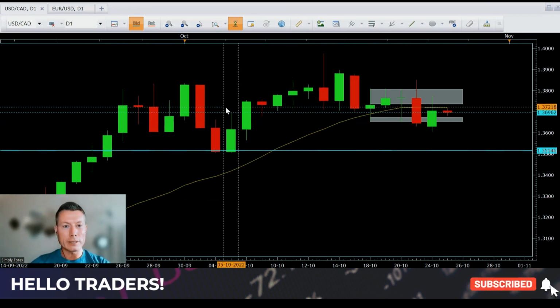Guys, the markets, you can still smell the volatility in the air. I'm sure you can as well. You can feel it. There's still so much indecision in the markets. Is the dollar strength turning around? What will the yen do? Will there be more government intervention? Are the indices coming up to a level where we can short them again? There are many questions in the market that are making it super volatile.